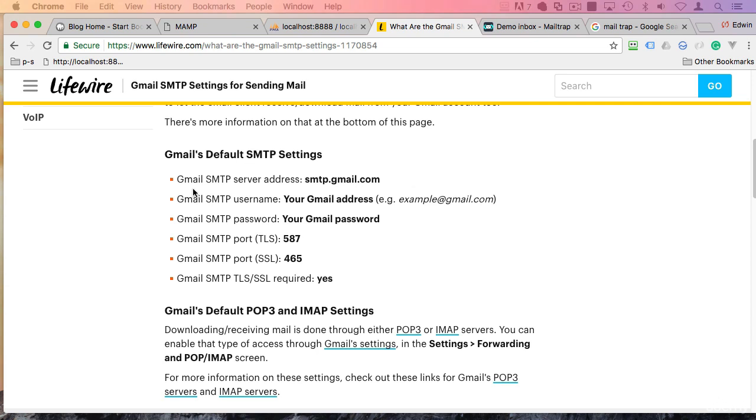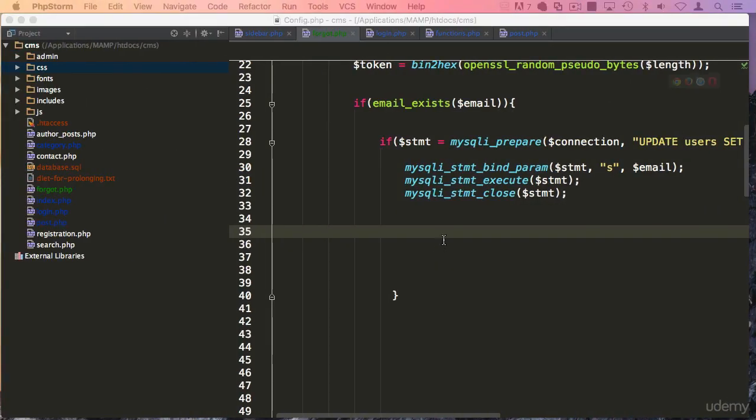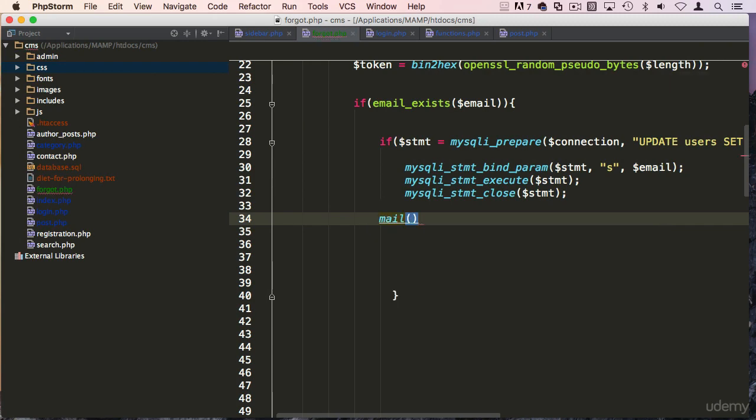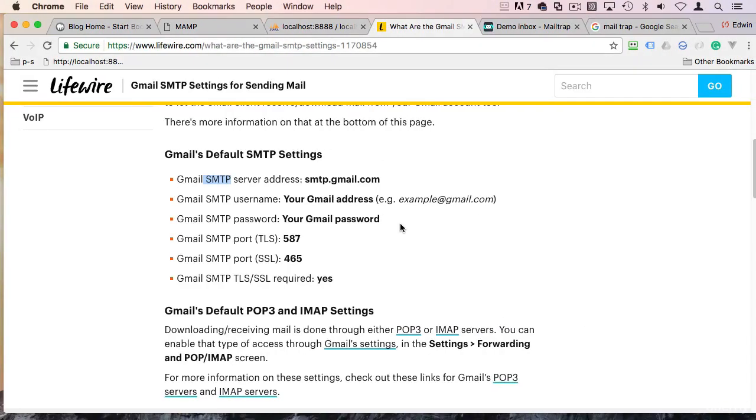And remember that what I'm going to show you is how to send email using SMTP. Remember that we also have a function called mail, okay, that we can send email to anybody without using credentials. And when I mean without using credentials, what I mean is that to enable us to send email using SMTP, we need to have an email address. And our email service provider has to give us access to that server by giving us a username, a